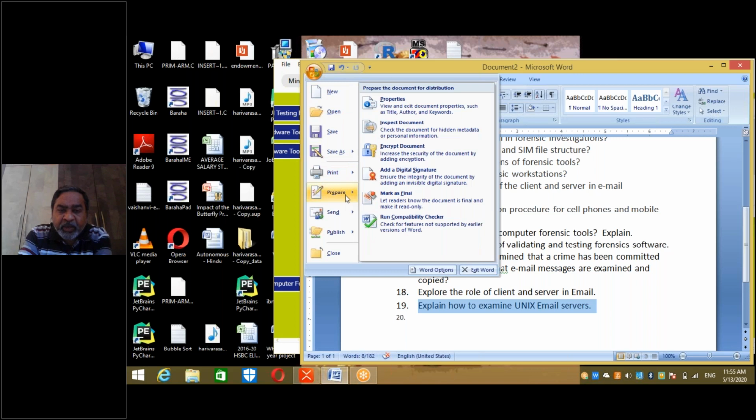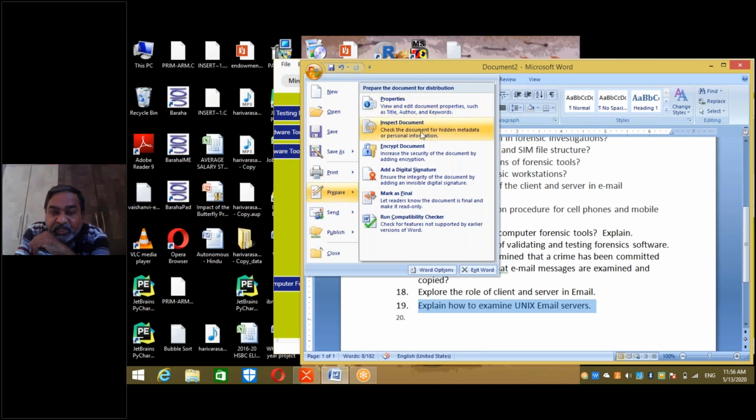From the prepare menu, the prepare tab in the file menu, or the window menu, properties. So view and edit document properties such as title, author, keywords. This is extra information. This is header information. It also gives when was the last time it was used, who used it, right?